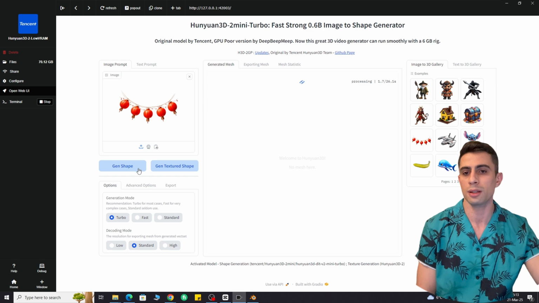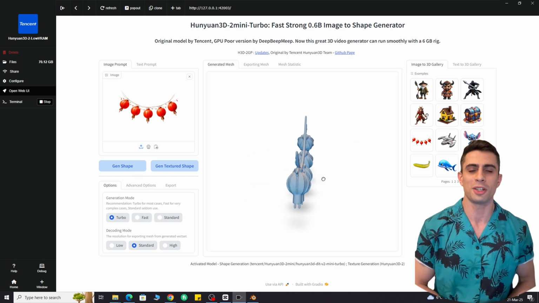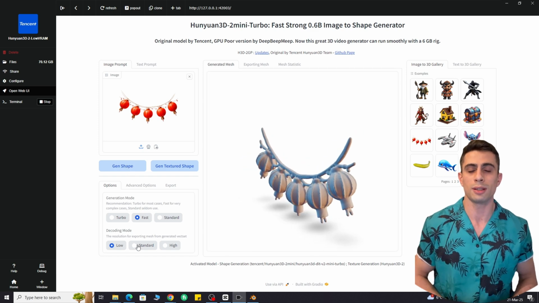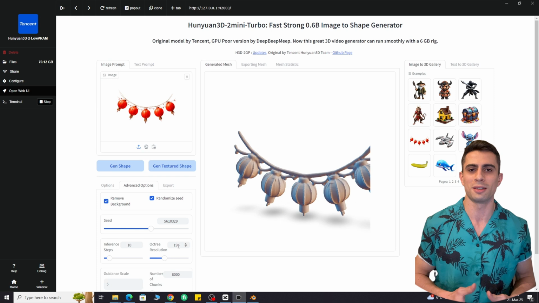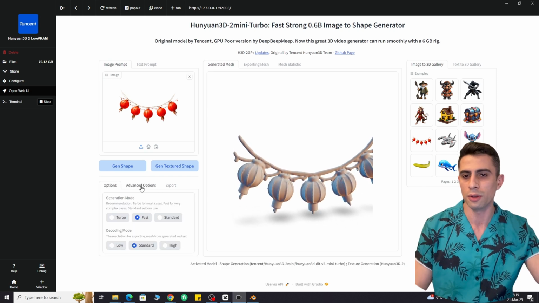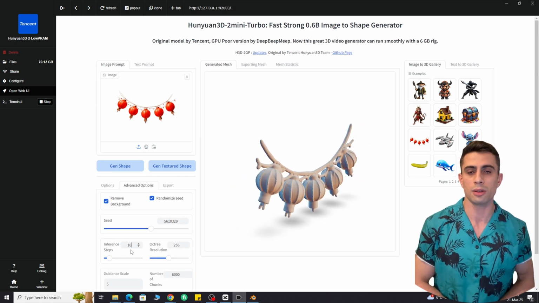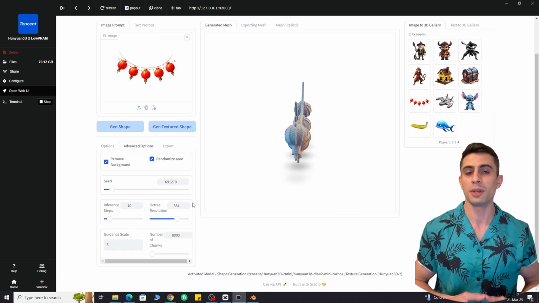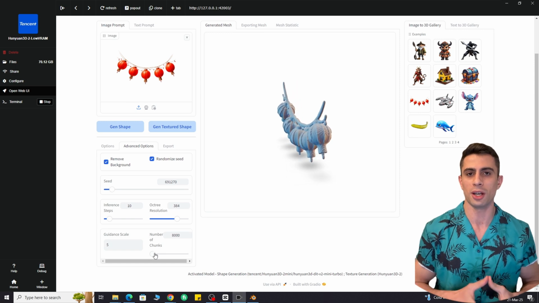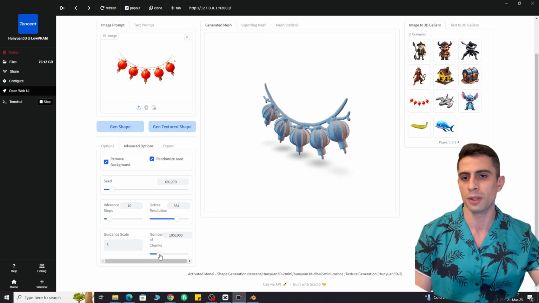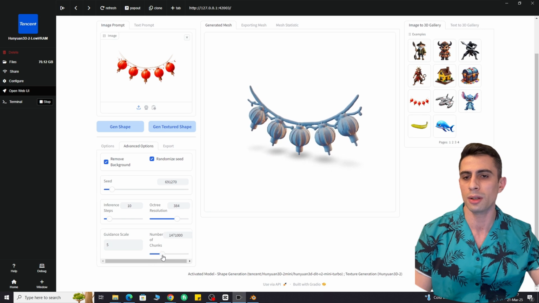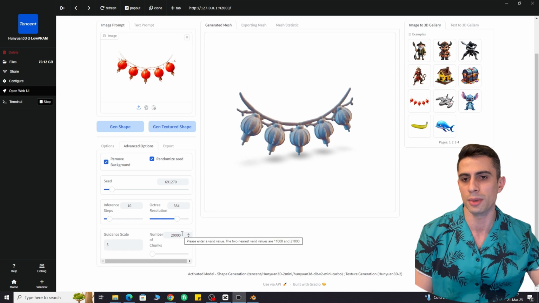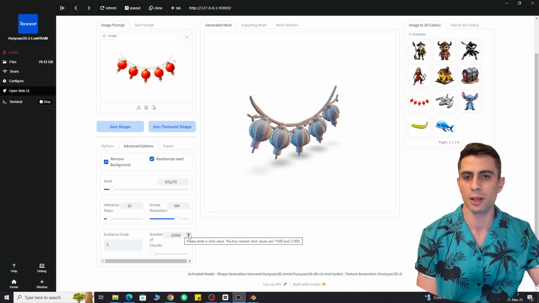We now have a bunch of settings. By default, the settings are okay for starting out. You can change the generation mode to fast for more detailed models. Decoding mode is like a preset for advanced settings. These presets are fine-tuned for different values, but if you are curious, you can manually adjust each of them. General rule is that more is better, but be careful when playing with the number of chunks. Use the slider instead of typing. If you enter a random number, it will say write a valid number and show you the two closest valid numbers. Just click on the up or down arrow to select one.